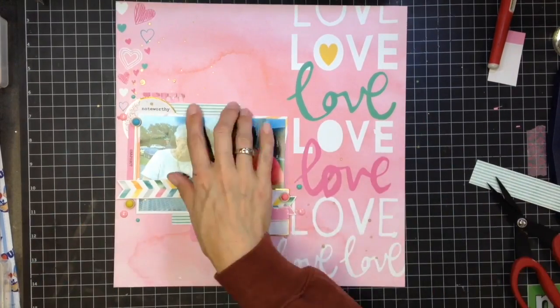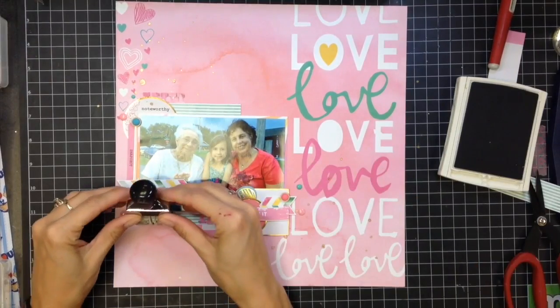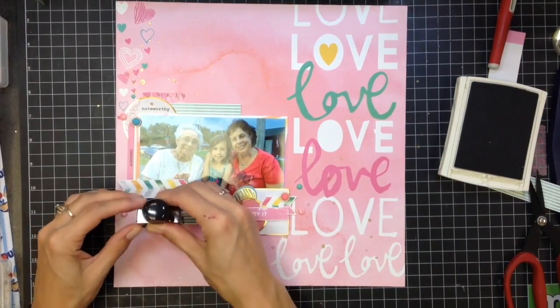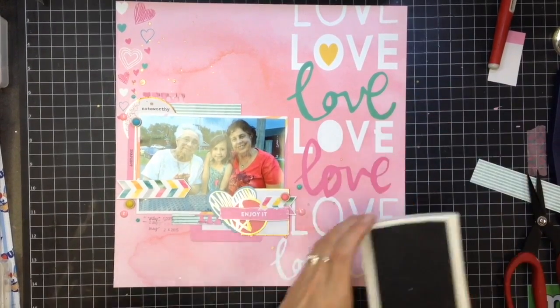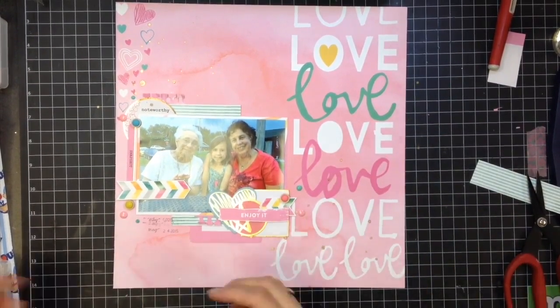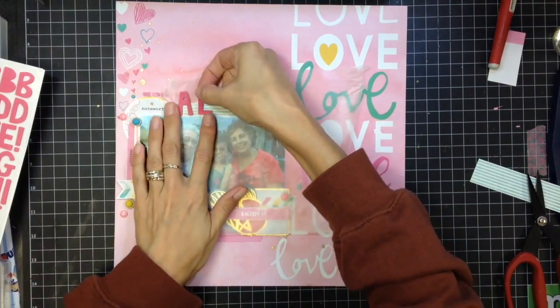So there I just showed you a close-up, but now I am going to cover this date up with some more of this striped paper, because I'm going to add my title up here, and I'm going to put my date in the bottom left. And this is just a Stampin' Up! ink that I'm using in a gray color. I can't remember which gray it is, but I'm just going to be doing that in the bottom because I didn't want it to be too black. I wanted it to kind of blend in because this is kind of a light, airy look. So I just stamped that with my